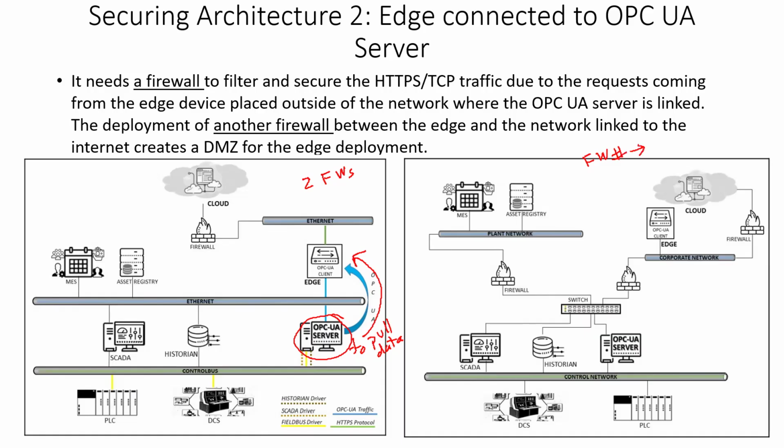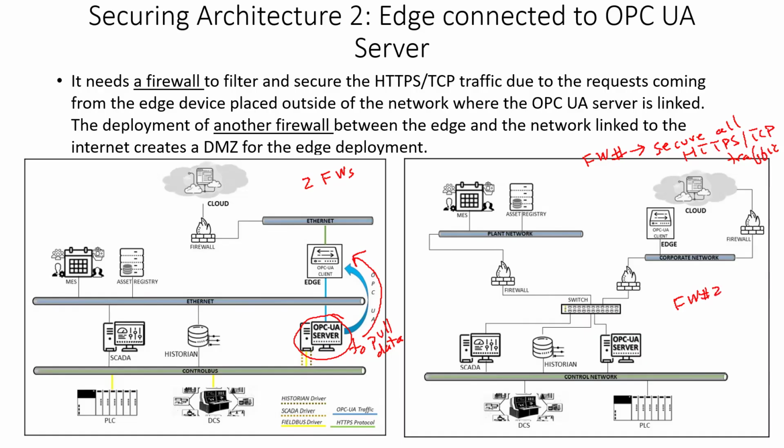it will secure all HTTPS or TCP traffic, right, generated by the edge towards the OPC server. And this controls the input and output requests to ensure that only legitimate communications are allowed. And the firewall 2,